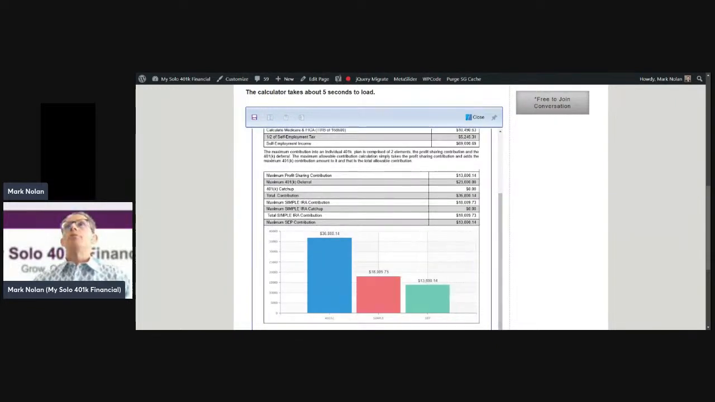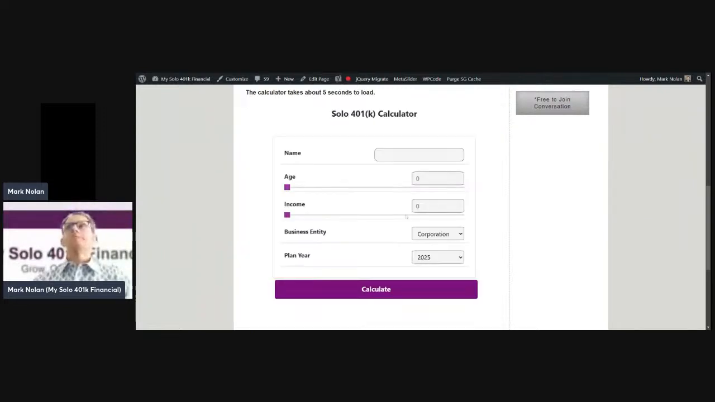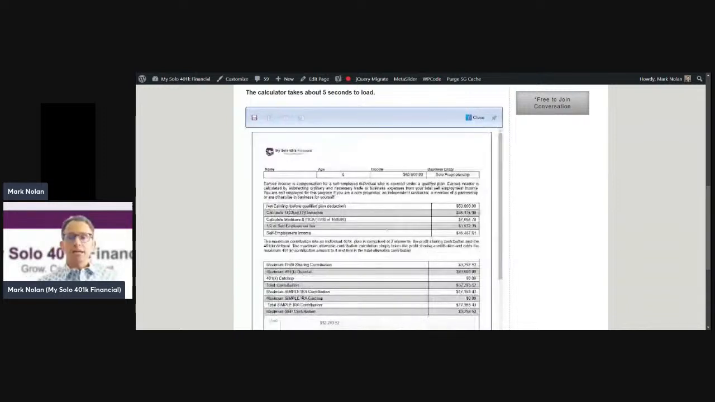Let's do another example here for 2024. Let's say you make, instead of that, let's say you pay yourself $50,000 of Schedule C line 31 income for 2024. So let's put in 50,000. Sole proprietorship, tax year 2024, click on calculate. Okay, so based on $50,000 of line 31,